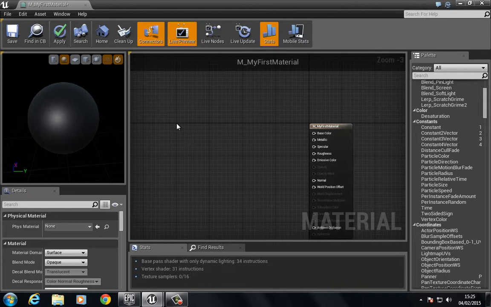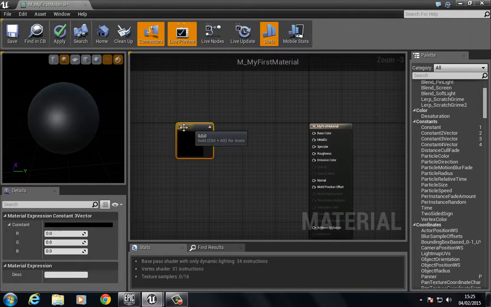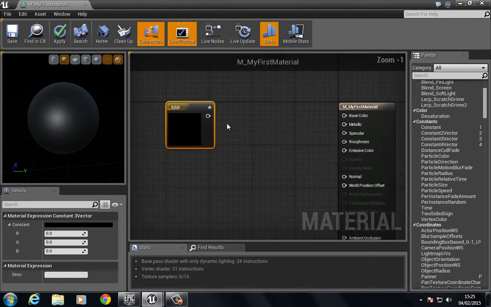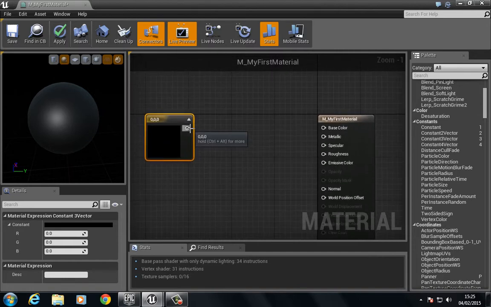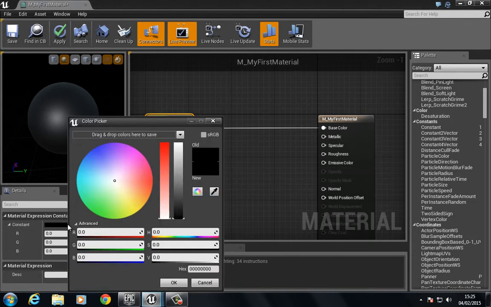So I'm going to press and hold the 3 key to bring in a constant 3 vector, and the constant 3 vector will have a single pin, and if we click this pin and then drag this to the base color, then we will still receive this black color, and that is because we have 0, 0, 0, which equals black. Now if we click on the color swatch right here, we have a bunch of colors we can choose from,